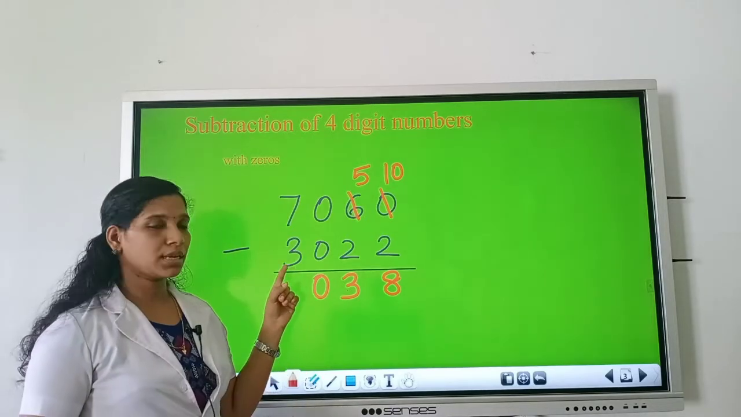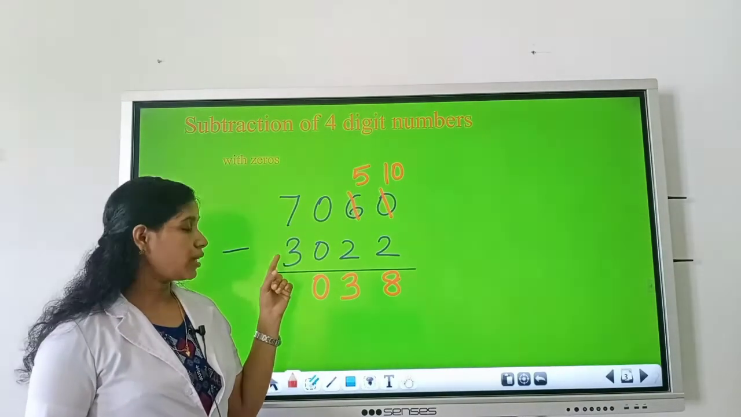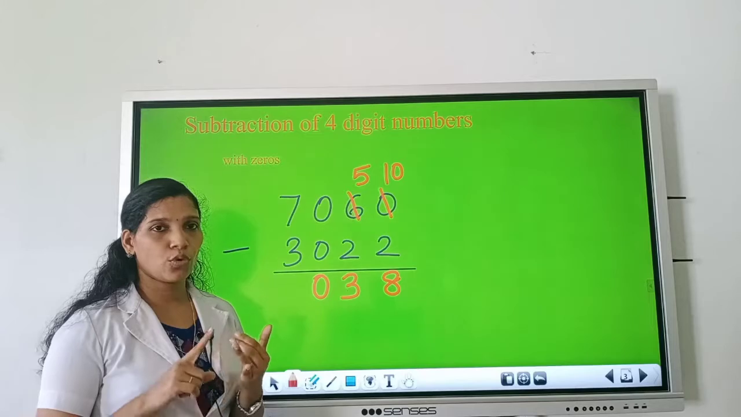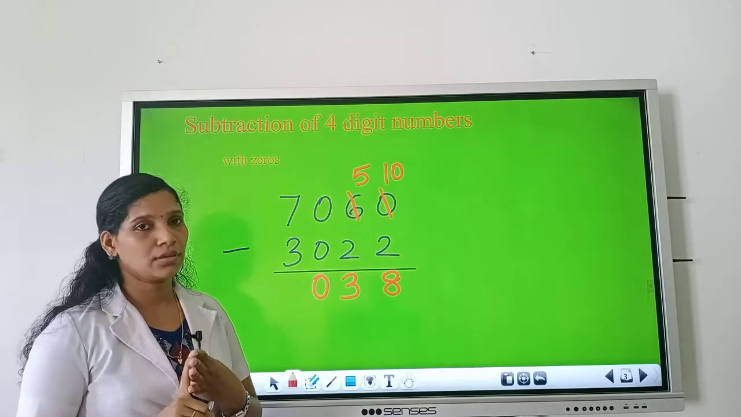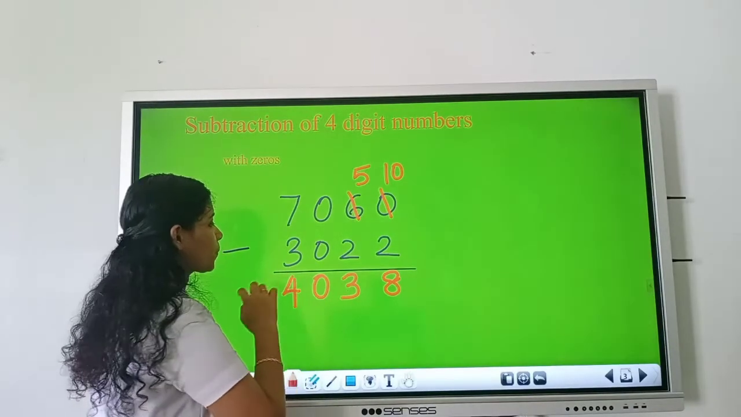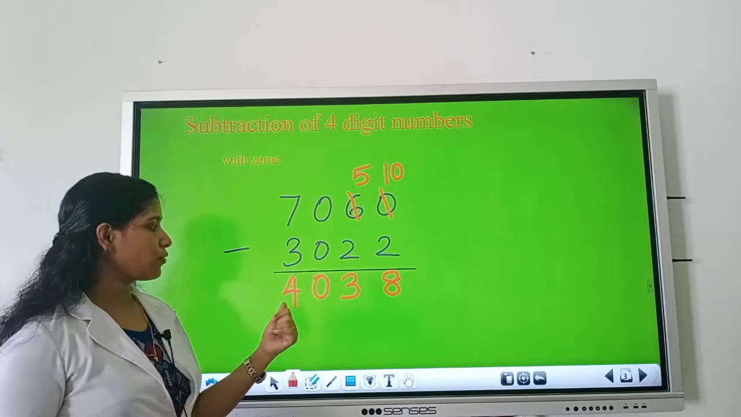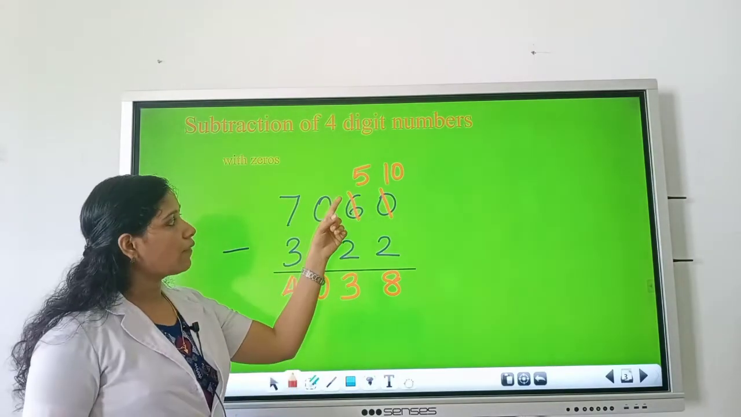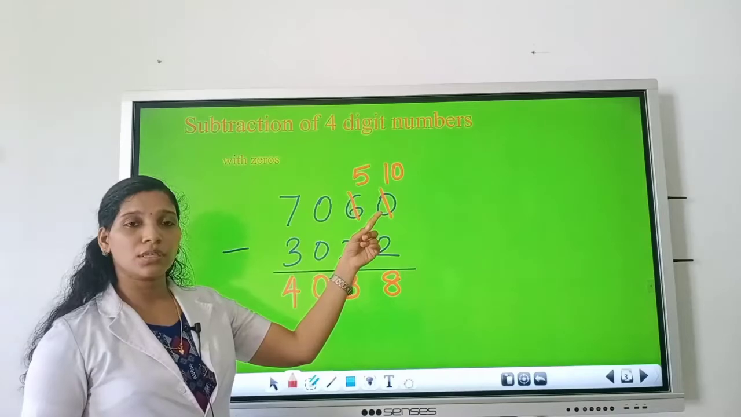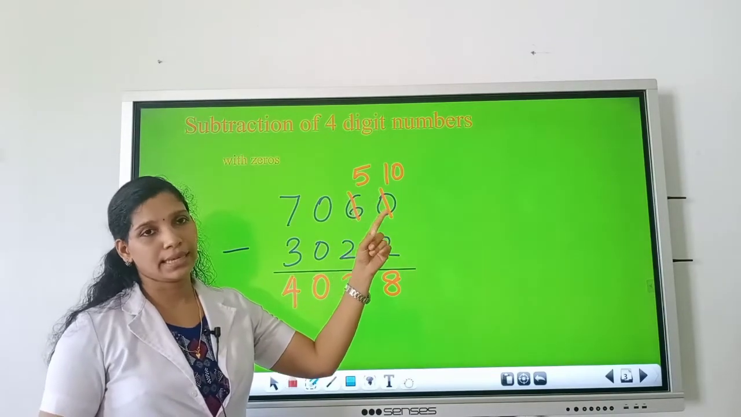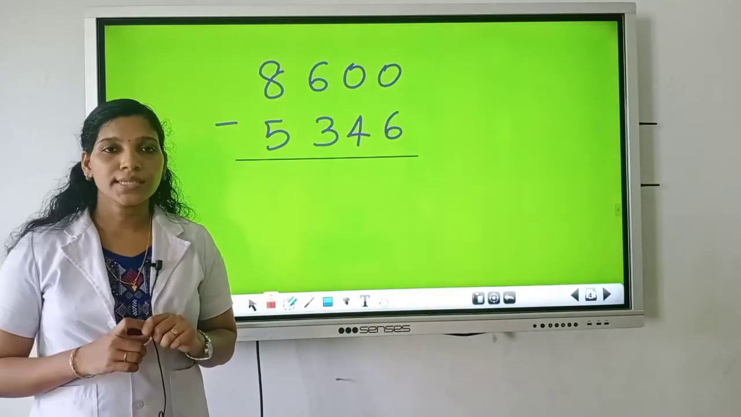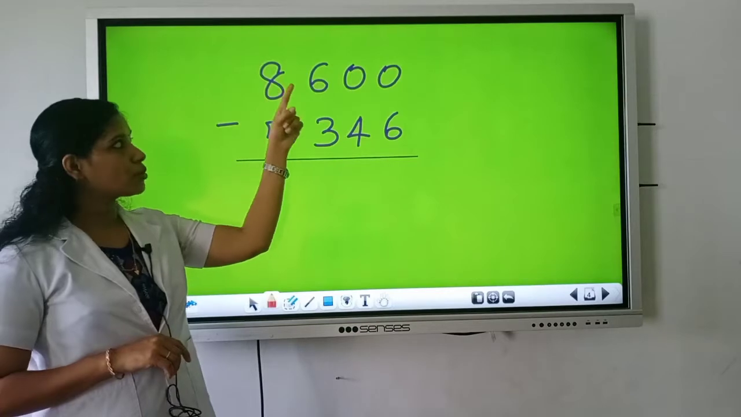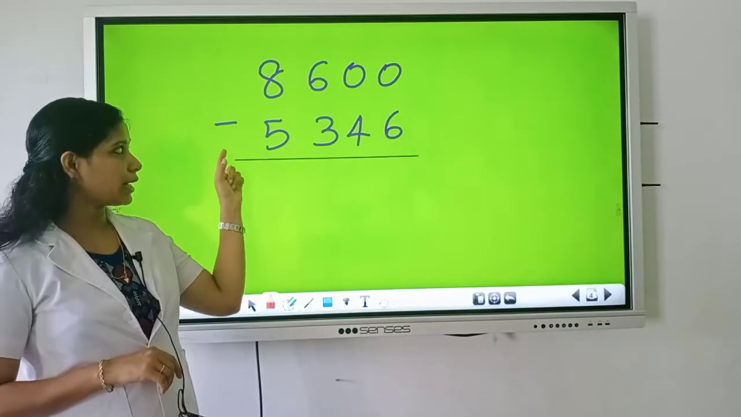What is 7 minus 3? To 3, add numbers. 4, 5, 6, 7. It's 4. So your answer is 4038. So always remember, children, when you are borrowing and giving to 0, 0 will become 10. Our next number is 8600 minus